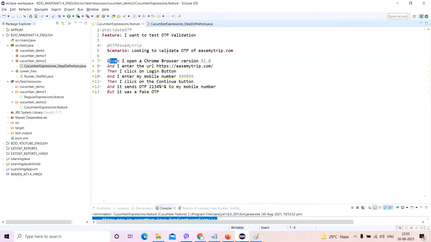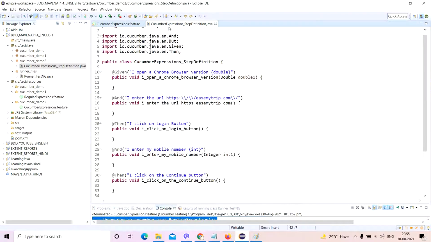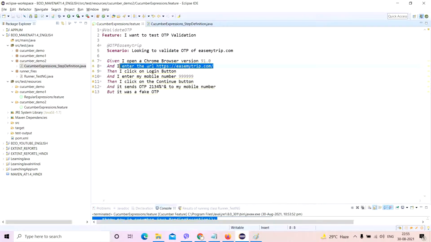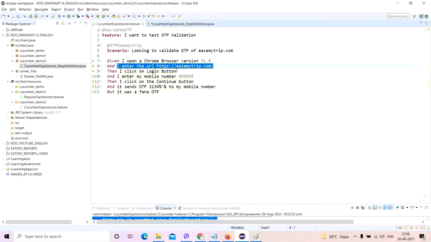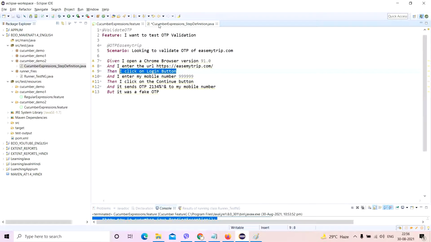Now make sure that you copy everything correctly. Copy exactly the same thing. Don't try to give unnecessary spaces.